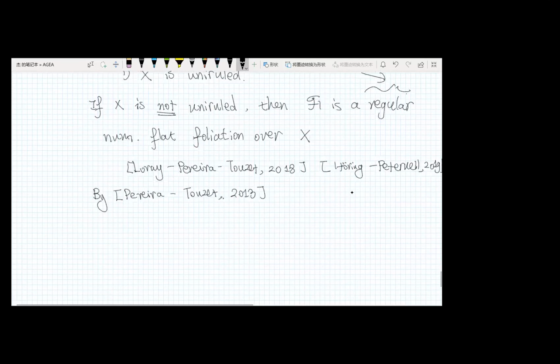In fact, you can find a finite étale cover of X, maybe I take it to be X', and you can also find an almost holomorphic map from X' to a projective manifold T, such that the general fiber